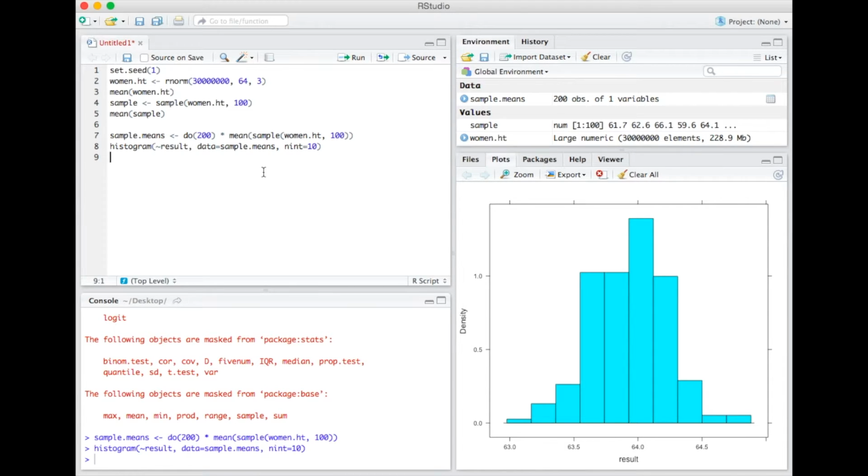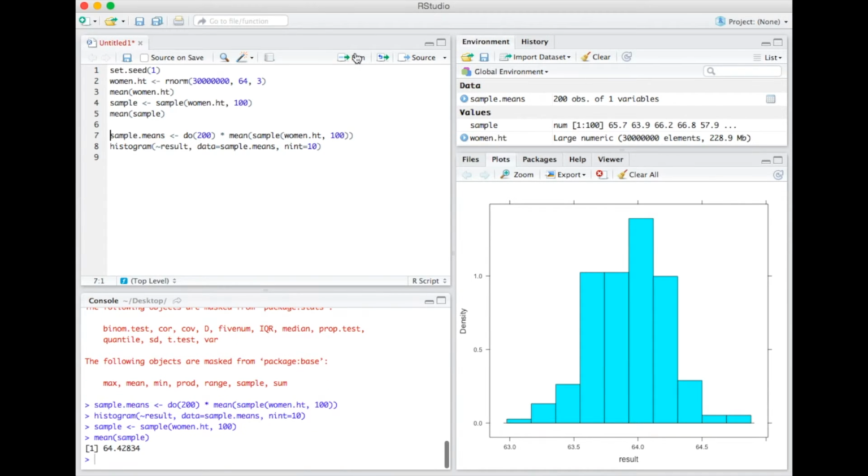So if I take any given sample, because of the central limit theorem, I know that that sample mean is really likely to be close to the population mean. And that's the power of the central limit theorem, is that I can take a single sample and I can know that my population parameter that I'm interested in is going to look pretty similar to the sample statistic that I calculate. Even if I have a population of millions and millions and I only take a sample of 100, I can take that sample and look at its mean and have reasonable confidence that this sample statistic is really close to my population parameter. So that's cool.